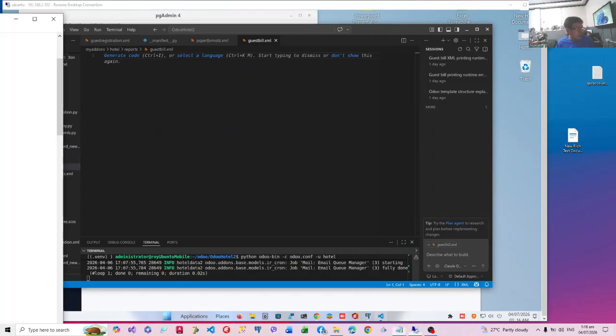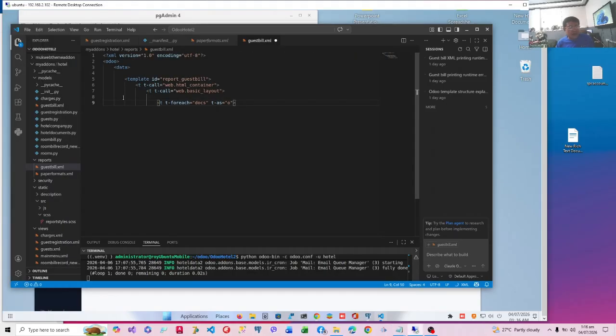Now, like any QWeb report, it should be started with a standard set of tags. I'm just going to copy them. To make a long story short, we just press escape on this annoying suggestion. So there will be each t. What is t? t is a tag in QWeb. So if you have a begin t, you will have an end t. So we have three t's, so we have three end t's.